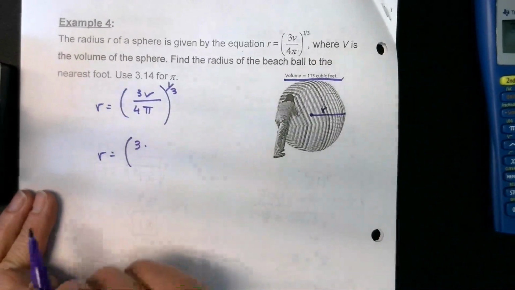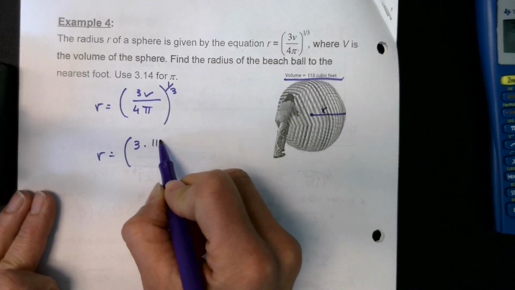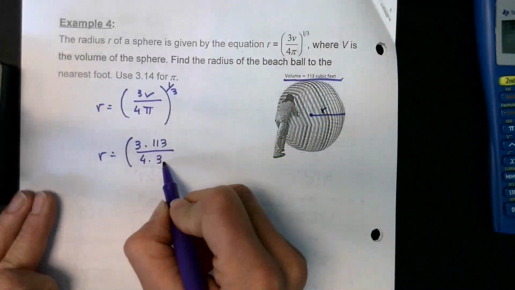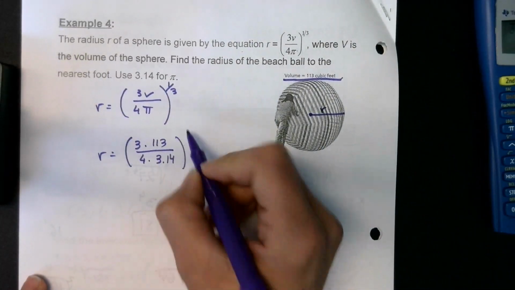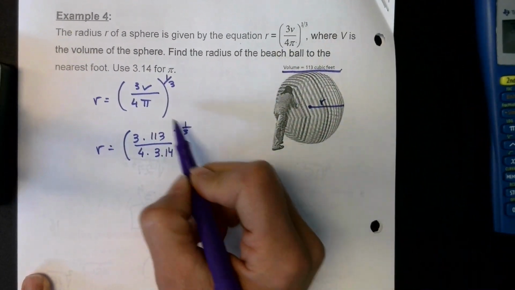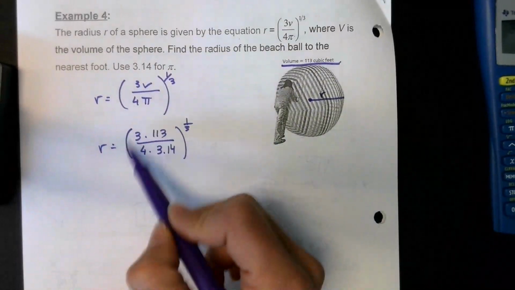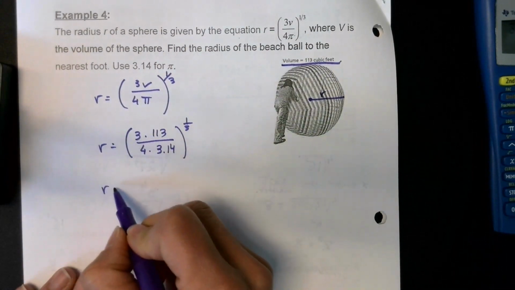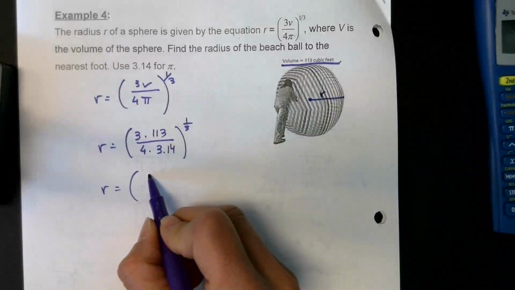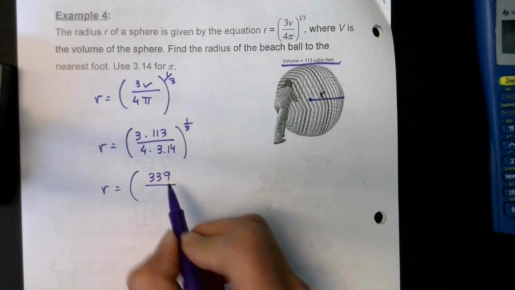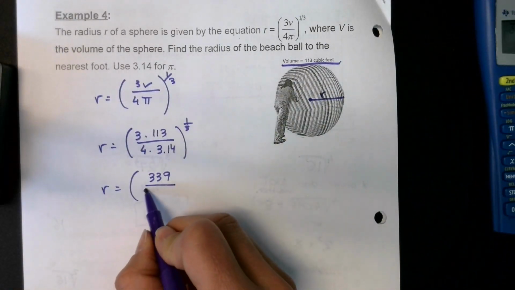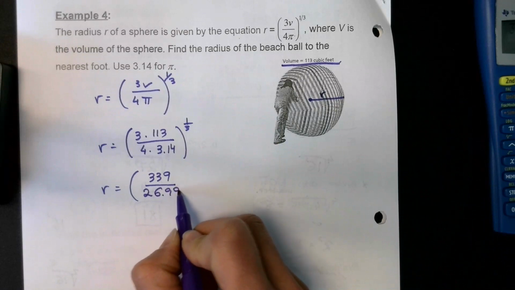So it's 3 times the volume, 113, over 4 times, and they want us to use 3.14 as pi, to the 1/3. We're not going to distribute the 1/3 because we have no variable here. We can just simply keep on reducing and simplifying things. So 3 times 113 is actually 339. And 4 times 3.14 is